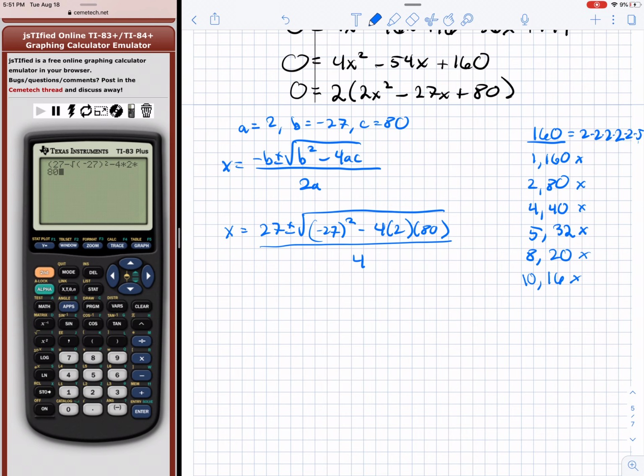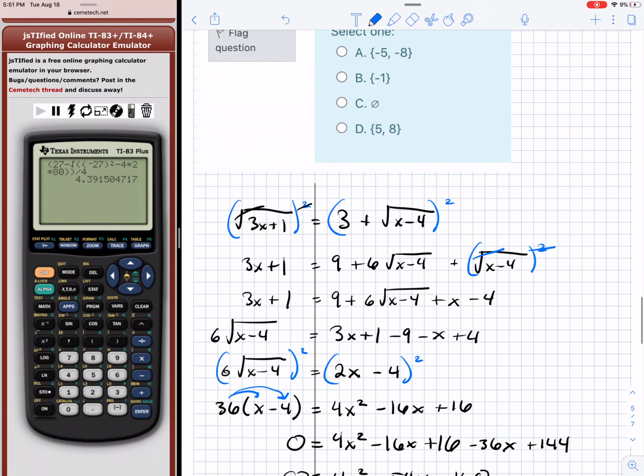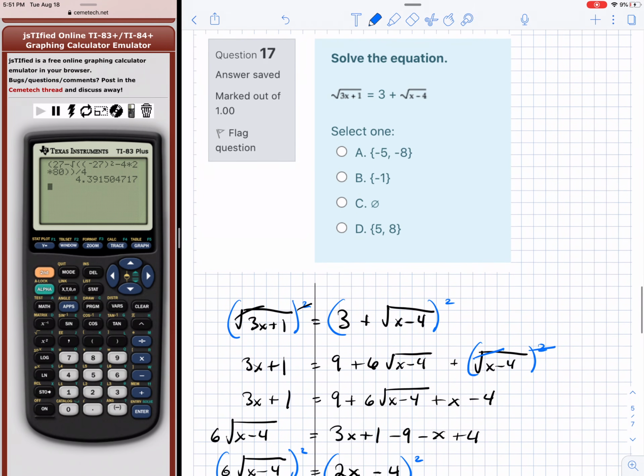Okay, I need to insert another parentheses here. Insert another parentheses, that's better. This closes off the square root. This closes off the top. We're going to say divided by 4. Yeah, I'm getting a decimal. Something's not working out. Let me see. So then here, if I get that answer, let me take that answer